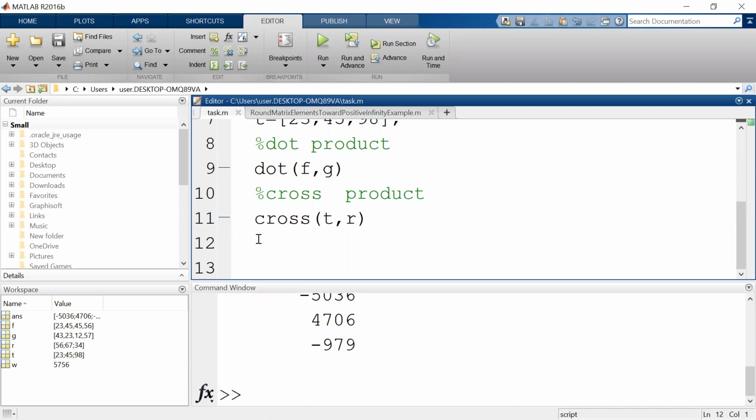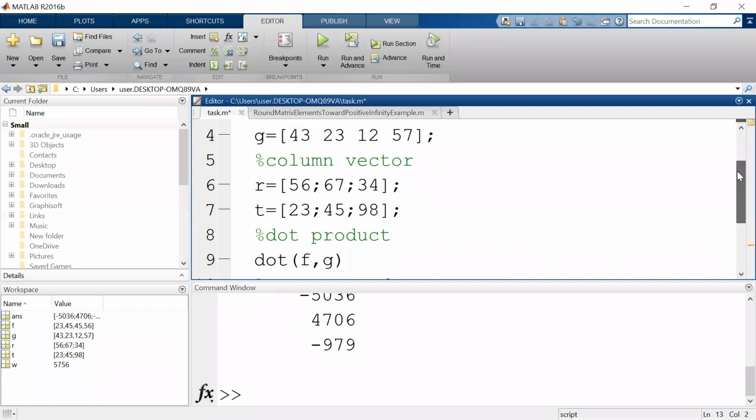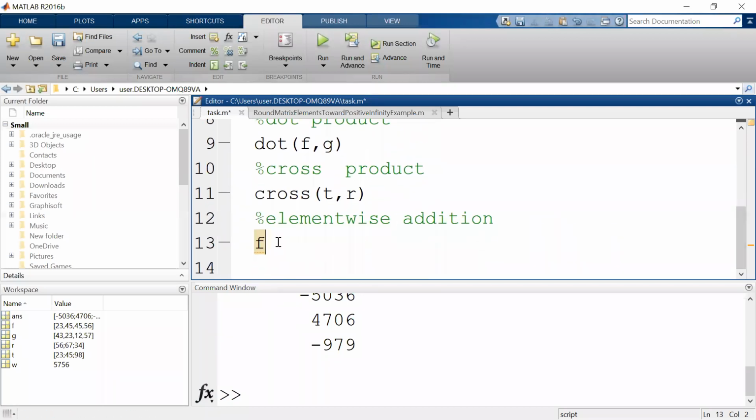Basically, the rest of the things will remain the same. This is element-wise, say addition. I'll use addition, then you replicate it for the rest. Assuming I want to get 56 added to 23, 67 added to 45, 34 added to 98, I would come this side and use element-wise addition and say y equals